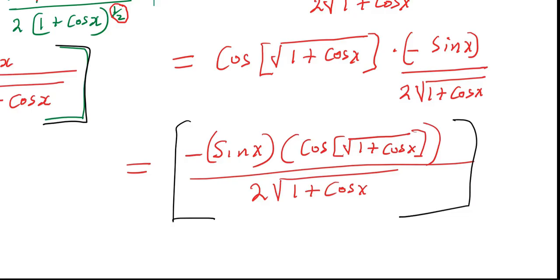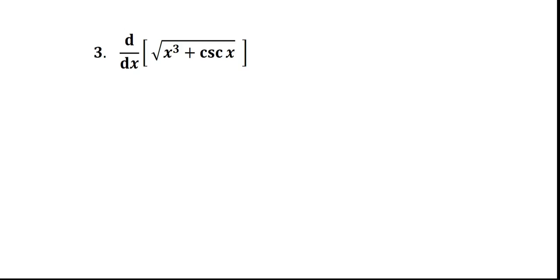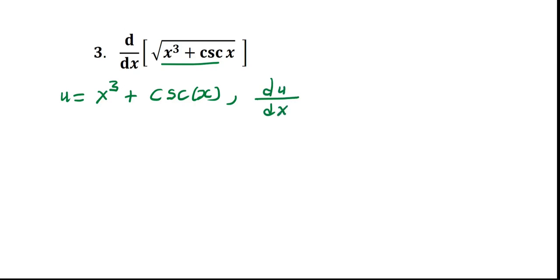All right, let's go to question 3. All right, so to solve question 3, we have to set this as u. So u is equal to x cubed plus cosecant x. So now we can take the derivative of u with respect to x, and this will be equal to